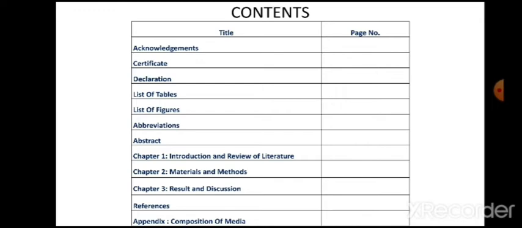You need to organize the contents in this sequence only: acknowledgement, certificate, declaration, list of tables, list of figures, abbreviations, abstract, chapters 1, 2, 3, references, and appendix. So this is how you have to follow this standard format of contents.